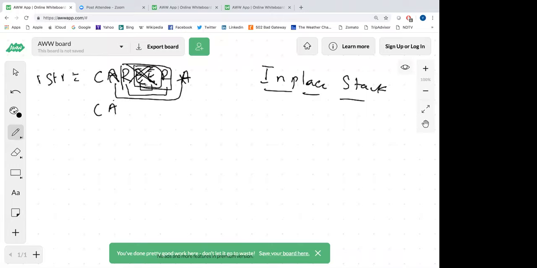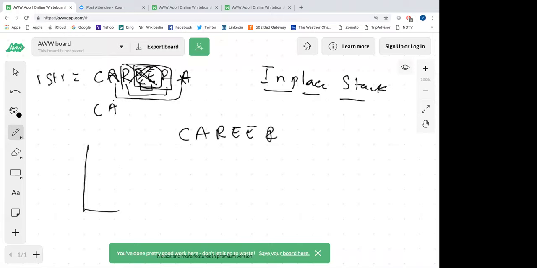Since it is related to adjacent characters sitting beside each other, you can usually think that we can solve it using a stack. But first, let's see how we can solve this problem using a separate stack, and then whether we can optimize that. This is the input string CAREER,